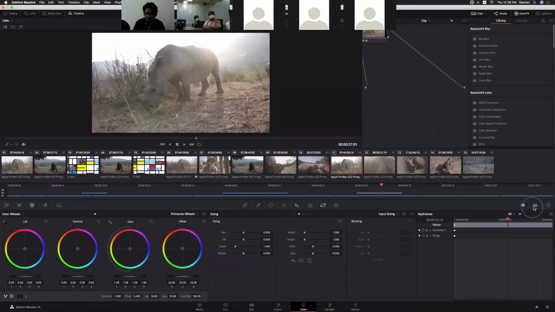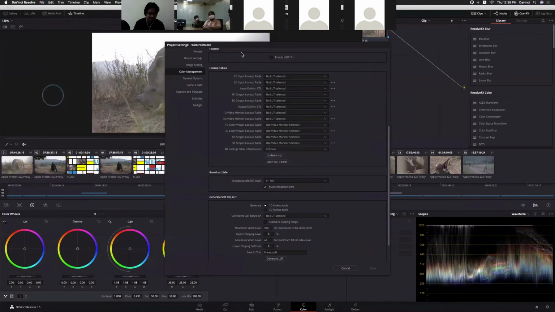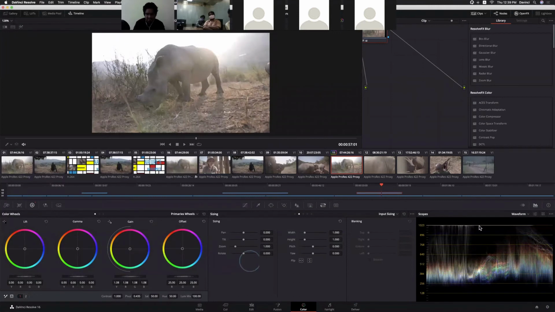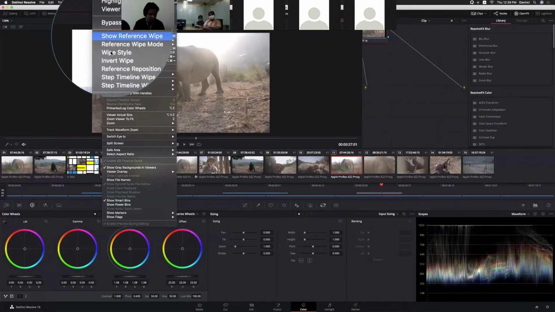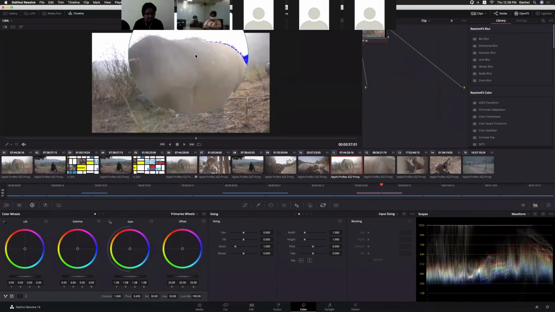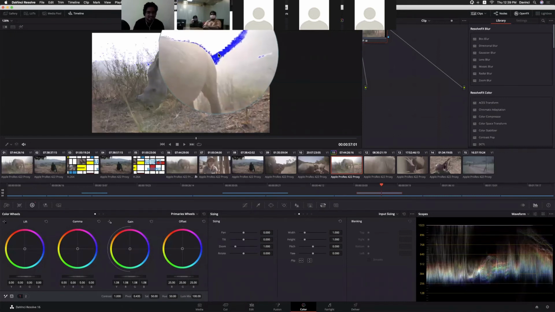We'll do one thing. Let me disable that one. So Project Settings, disable. Once again, we increase the brightness, right? Now go to the View option, Display Broadcast Safe. Now it will show you with color. Wherever you have excessive luma or oversaturated content, it will show you with color. If it is oversaturated, you will see yellow for the saturation. Now it's luminance, so we are seeing the blue color.